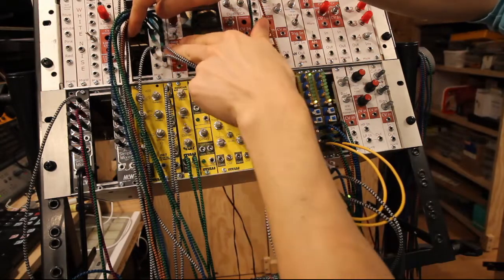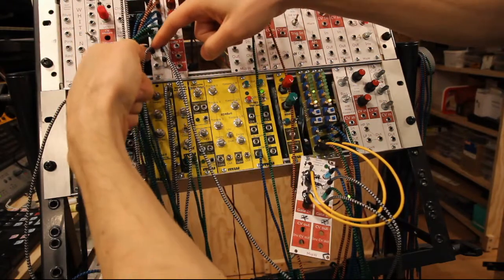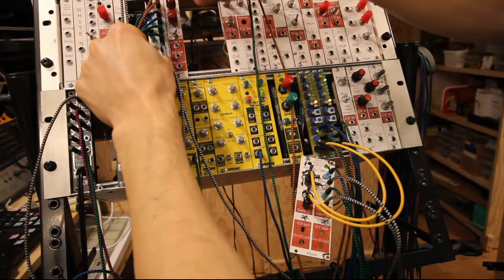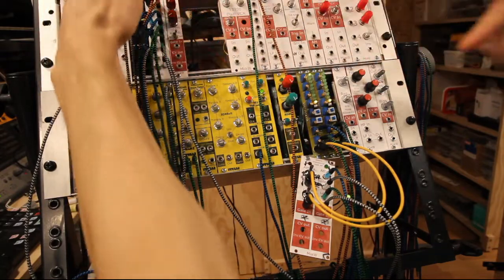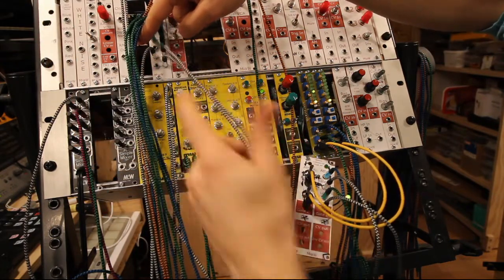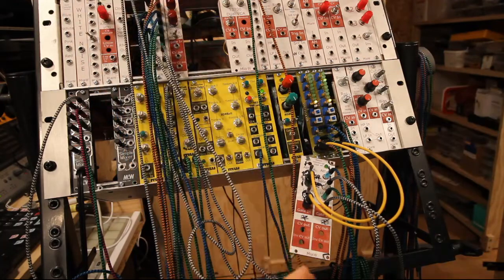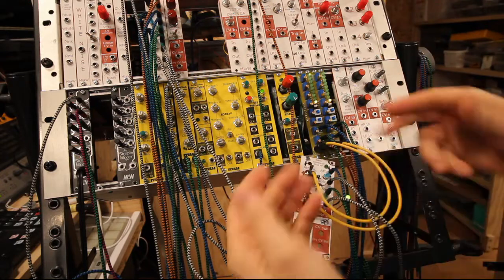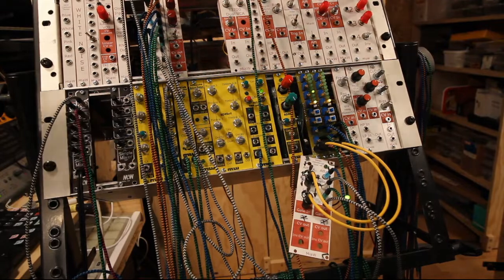So we take those two both in, and this is the Niklas Rönnberg passive multiple, so that's why as soon as we put a cable on the left side it breaks the connection upwards, otherwise it just multiplies all the way from up down. But every time we add a new one we divide it, so that's why we actually get 4 passive multiples here. And the last one is used in reverse, so we take those two, that just goes into one, and then that one goes into our CV. So what this does now is that it switches between these two and opens up either that CV or that CV. So we only have one CV signal, and